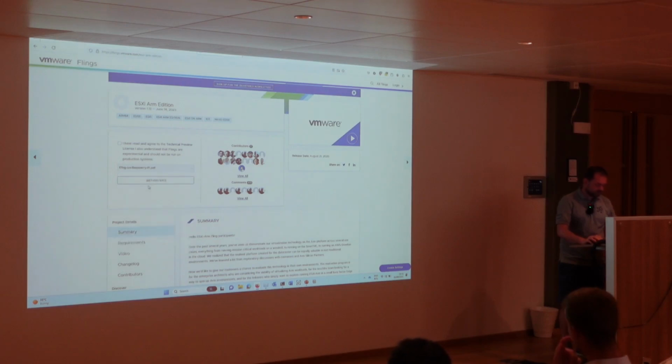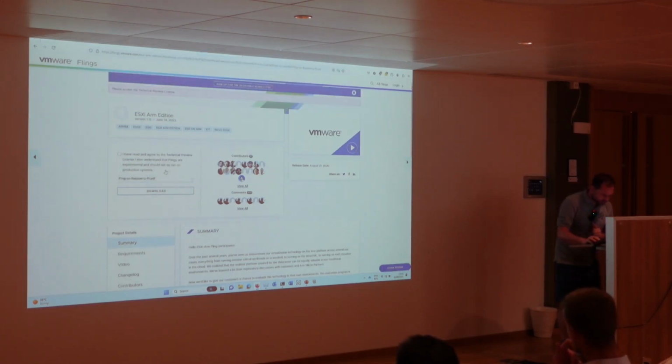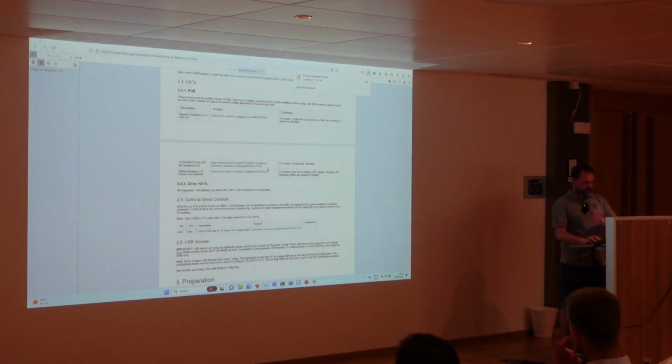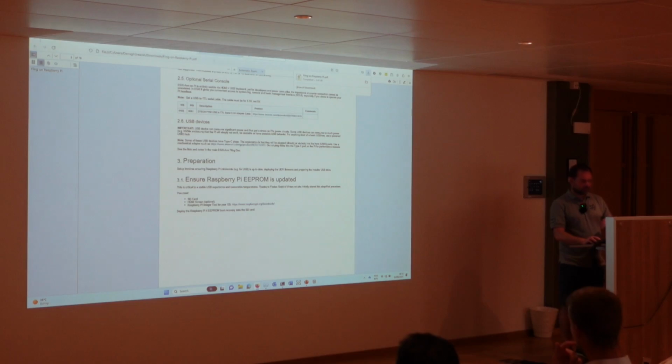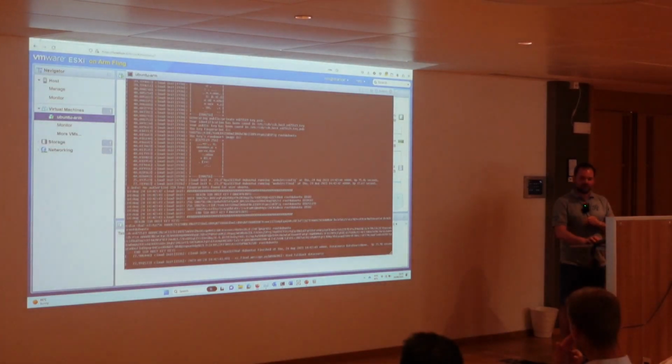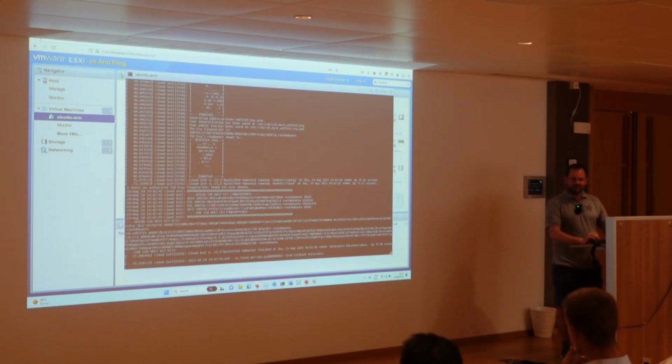If you look at the Raspberry Pi, it basically just gives you a PDF, and inside that there are some instructions. Oh, sorry, it didn't like that, so like this. It's a bit funny that it's all buried in PDFs, but you will find stuff out there on that. The interesting thing is that you can actually virtualize the Raspberry Pi on VMware. You can download the Raspberry Pi OS, Raspbian, and then run it inside this